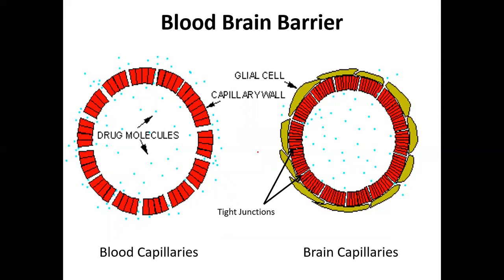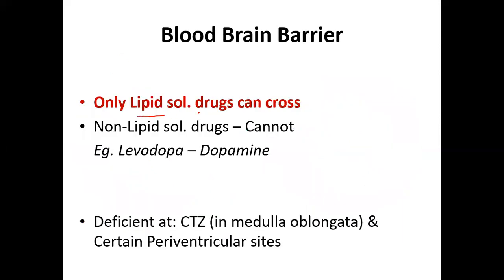Another property that depicts distribution is the blood-brain barrier, the BBB. When we look into the differences between the blood capillaries and the brain capillaries, what you find is that there are some loose junctions in blood capillaries. These loose junctions allow easy access of drug. As compared to that, the brain capillaries have tighter junctions. That is one point. And then there is a layer of glial cells that prevent entry of drugs. So that means only lipid soluble drugs can